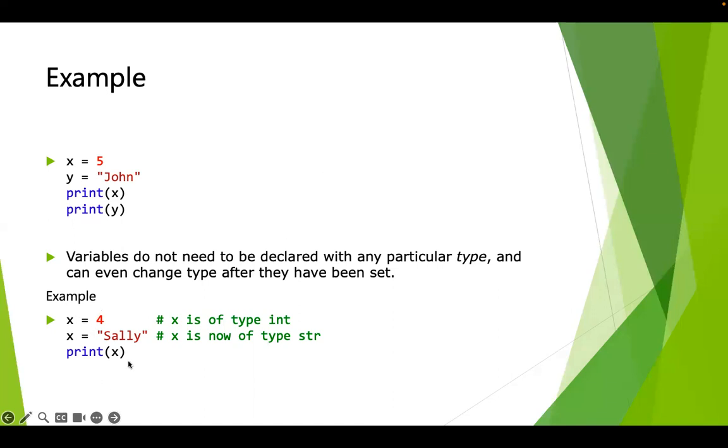If I print X here, will it print Sally or will it print 4? Sally. So why is it printing Sally? Because Sally is the latest value for X. Is that understood? So it's going to print Sally. I want you to understand this concept very, very well.